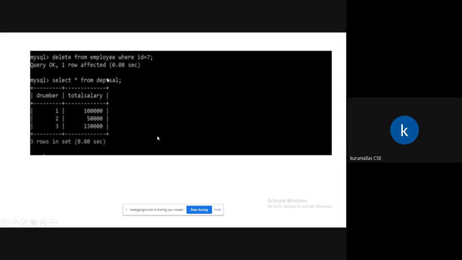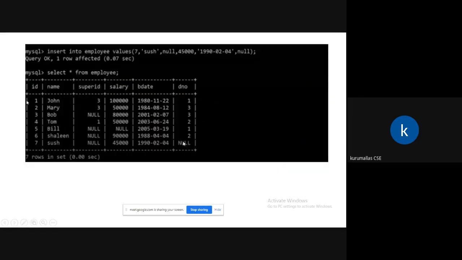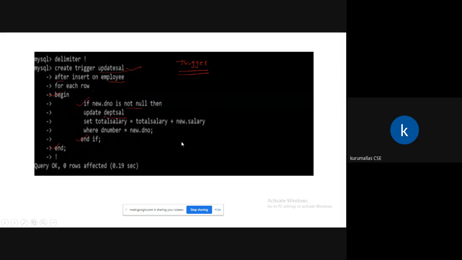This is about triggers. Okay, I'll keep this lab session inside this classroom. We have to practice tomorrow afternoon in lab, and then we have to submit. Same, we have to practice and submit, right?